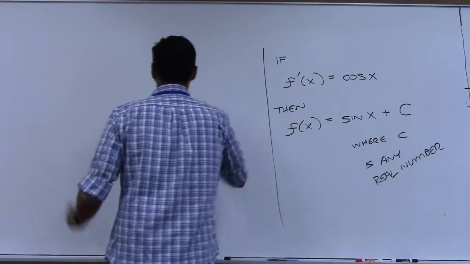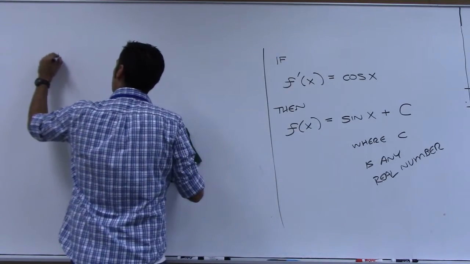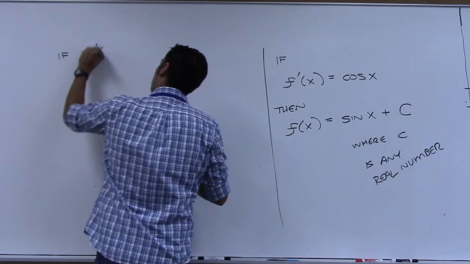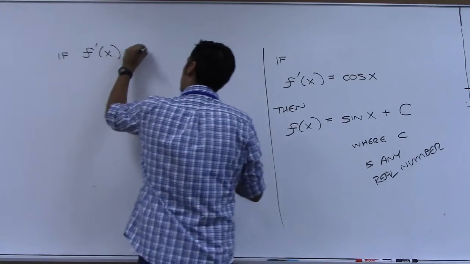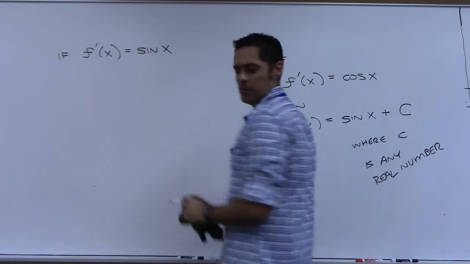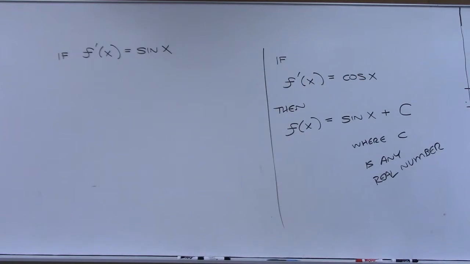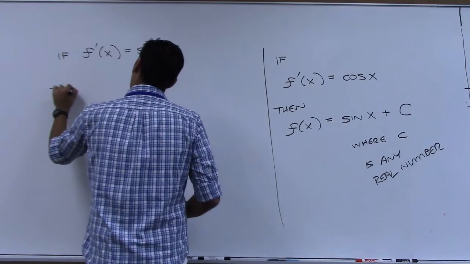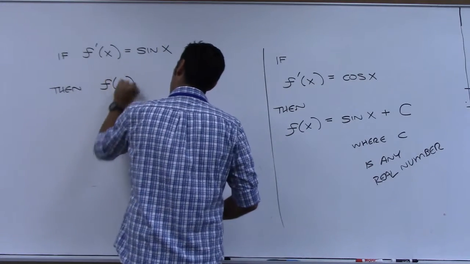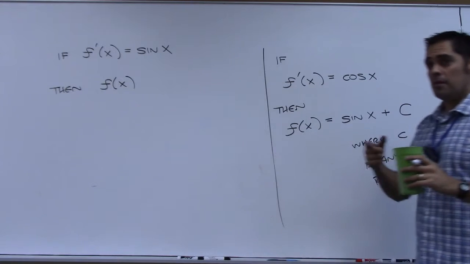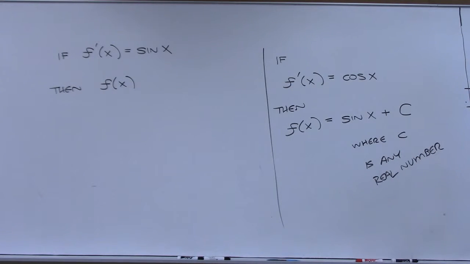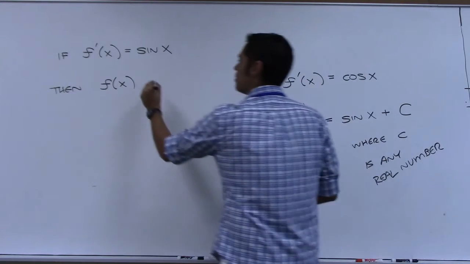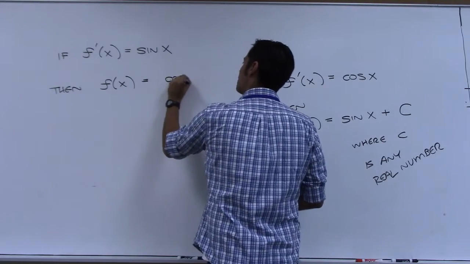How about this one? If... find little f. Negative cosine x. Good. So you have to be careful with this, because if you just put cosine x plus c,